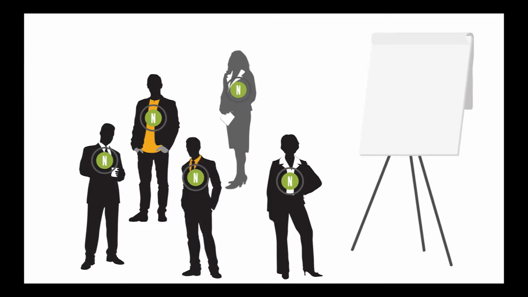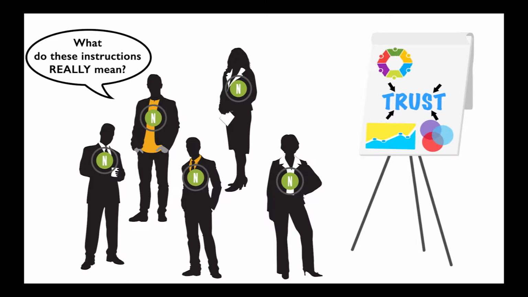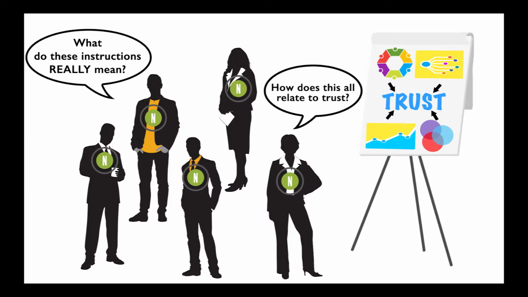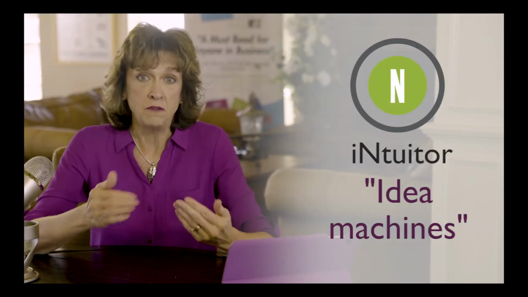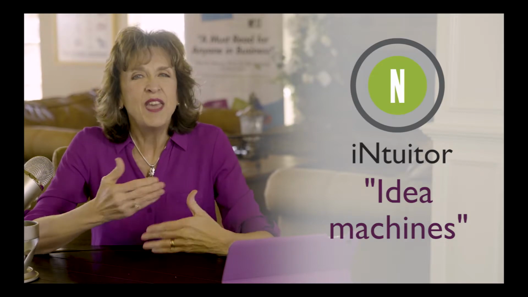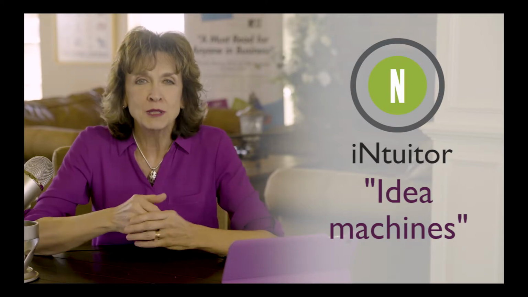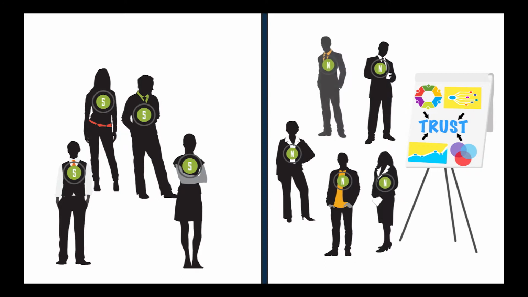The intuitors began by interpreting my instructions, adding their own meaning. They drew a picture of core themes: trust, communication, performance. They had a conversation among themselves about decision-making, targets, and communication, and how this all related to trust. These idea machines, these intuitors, were unencumbered with the details of the here and now, of what was, and they used the exercise as a springboard to concepts, to their imagination and possibilities.